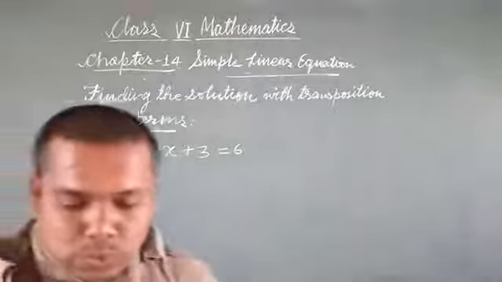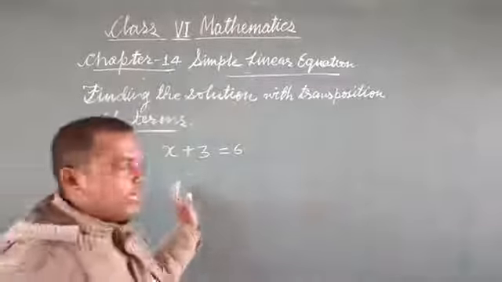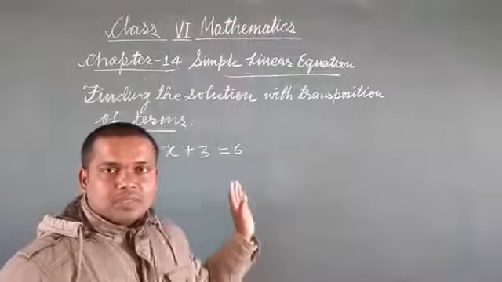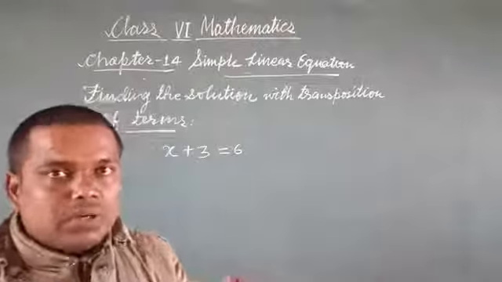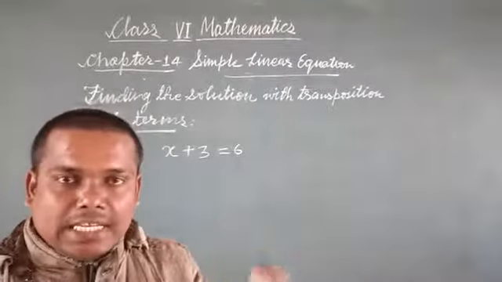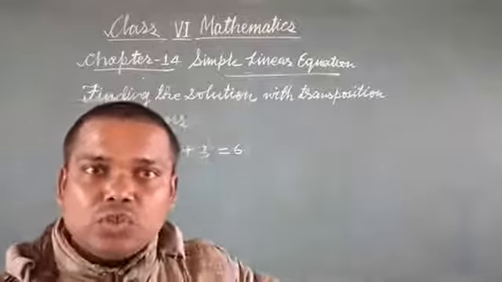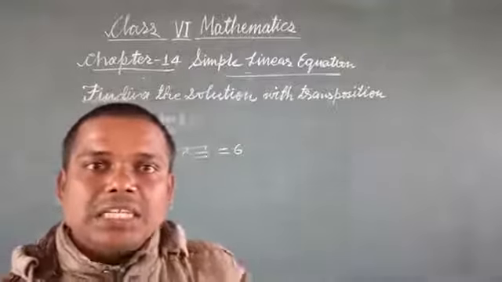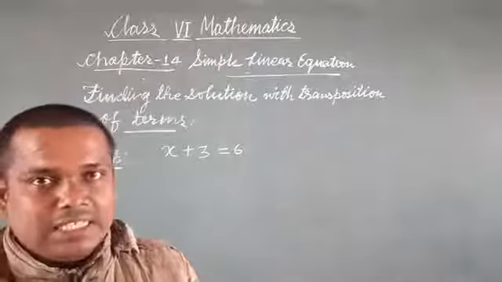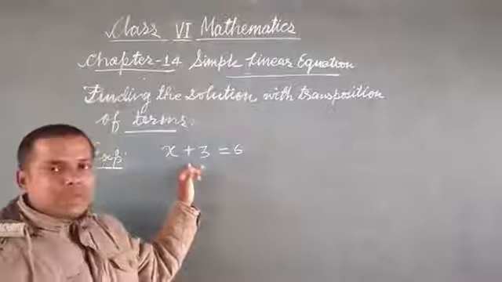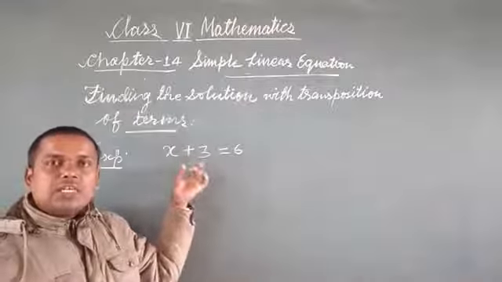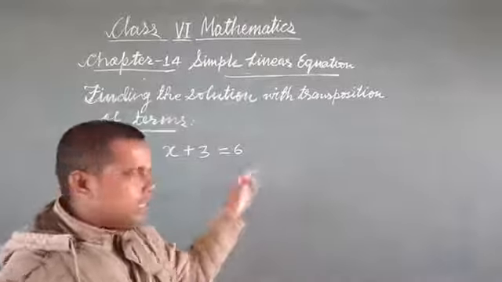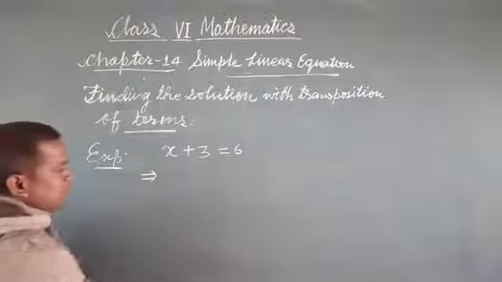In this case, we will transpose a term from left side to right side or right side to left side. By doing so, we observe or we change the sign of the term which is going to be transposed from left to right. Means if here we are having a plus sign in the left side of the equation, if this goes to the right side, then it will become a minus sign. So we write this implies that.